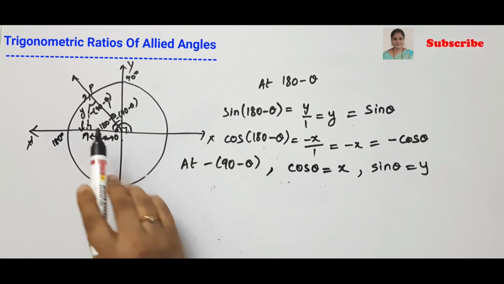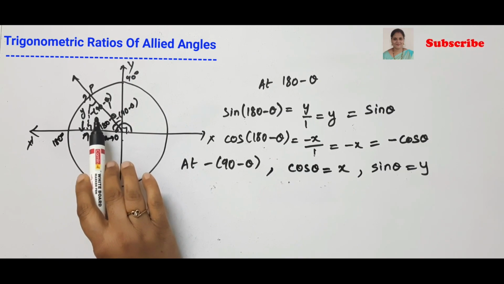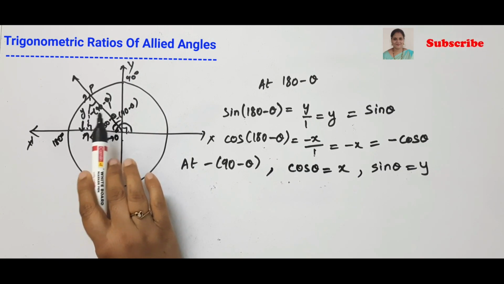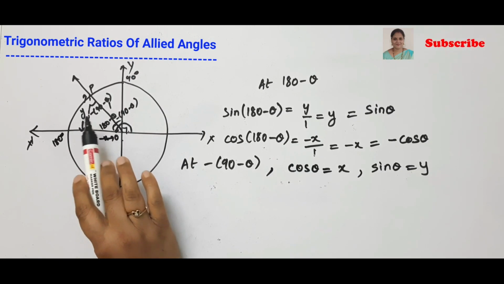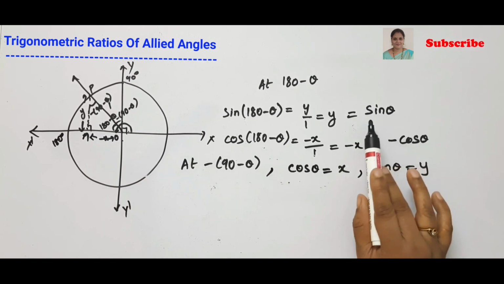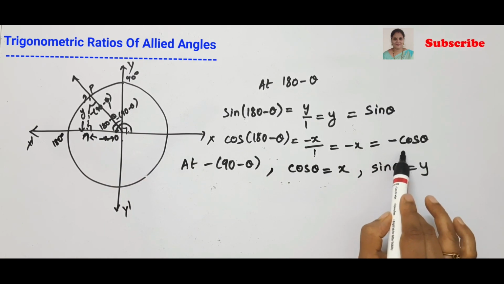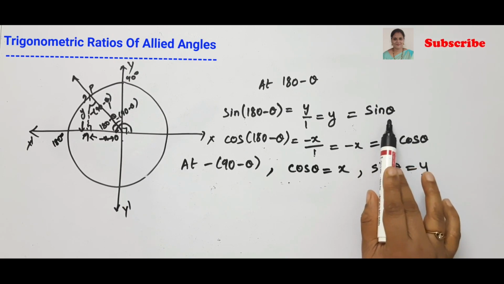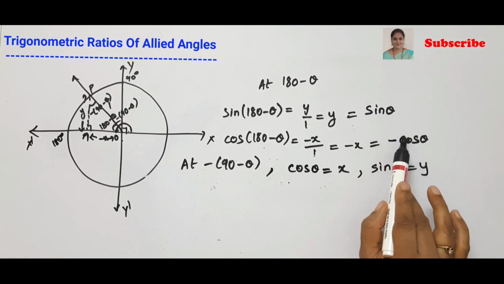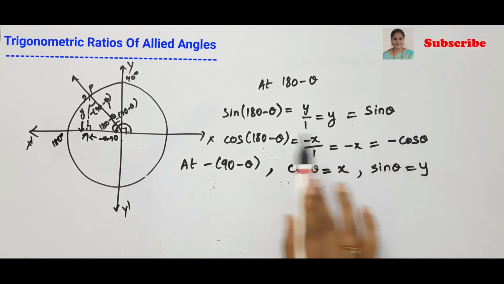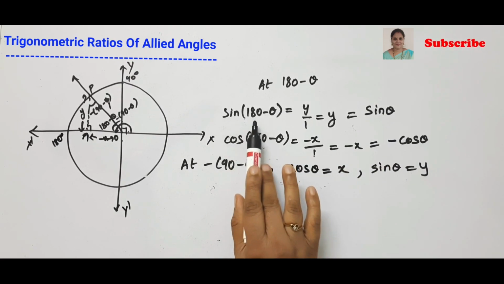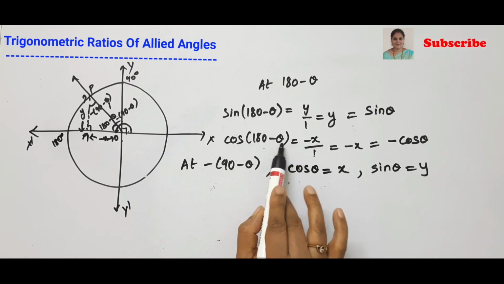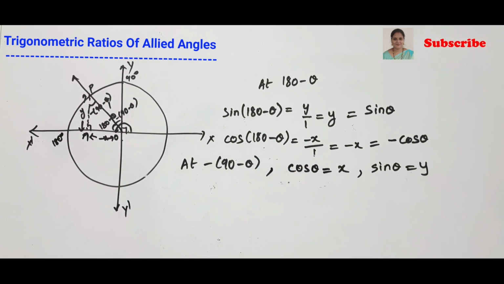This 180 minus theta is in the second quadrant. In second quadrant means sine and cosecant will be positive, remaining all trigonometric ratios will be negative. So we got here sin theta as positive, cos theta as negative. When sin theta is positive means cosecant theta will be also positive. It is clear. So we got the values correct. Okay. So we got sine of 180 minus theta, cos 180 minus theta. Using these two we can easily write remaining trigonometric ratios. Is it not? Now let us write them now.